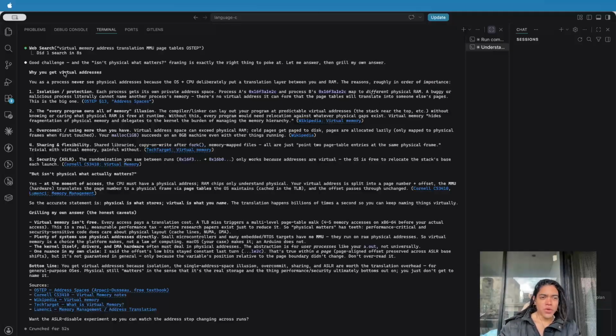Okay. Why you get virtual address. So you as a process never see physical addresses because the OS plus the CPU deliberately put a translation layer between you and the RAM. Okay. So there is a translation layer between the memory and the RAM. So it's like a gatekeeper, all right? It's like the bouncer at